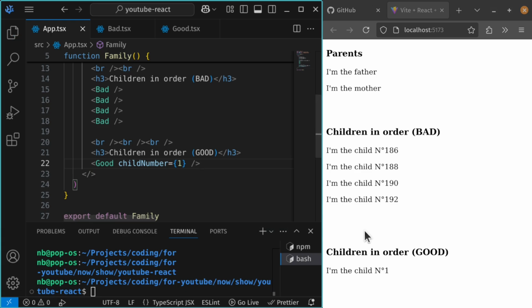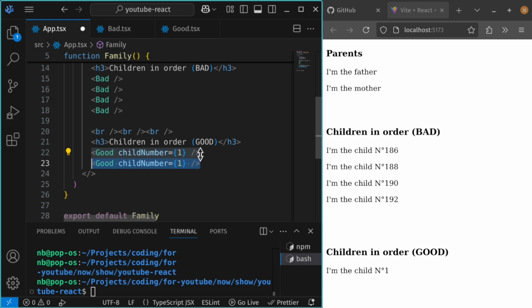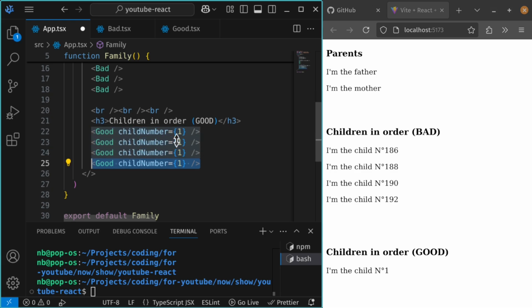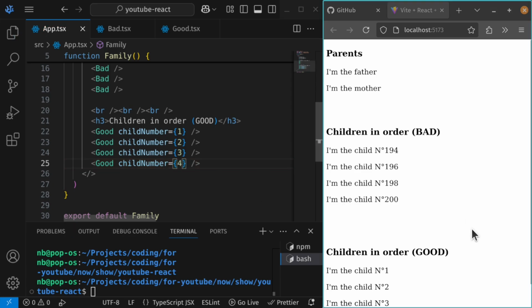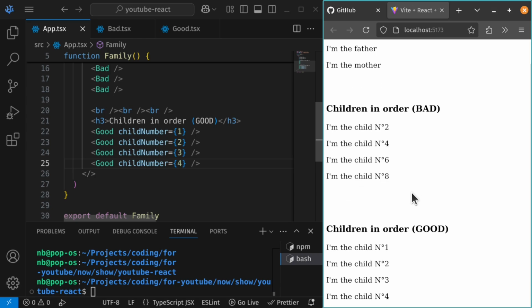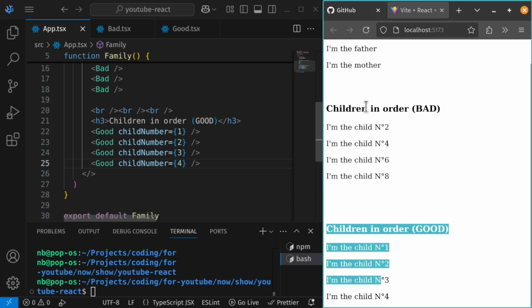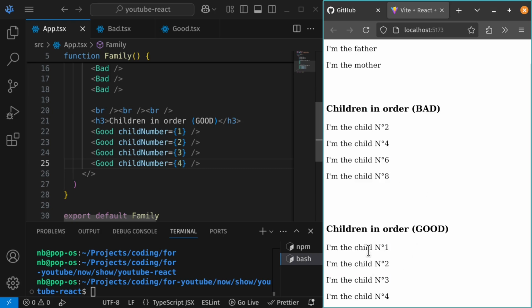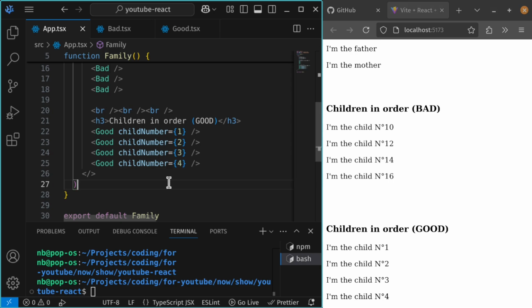Okay, and now you can see I have number 1. You can see I can call it as many times as I need, and I can specify the real ordering, the real number. And you can see the difference right here. Let me just start from 0. You can see the difference right here from here to here. Here I'm getting the real number, and each time I hit save,